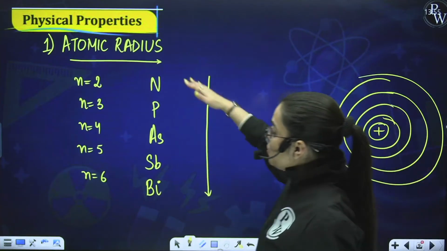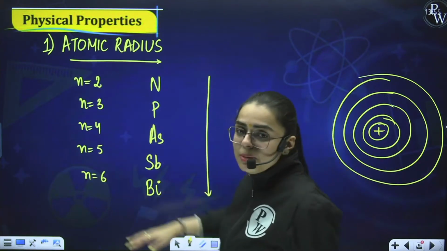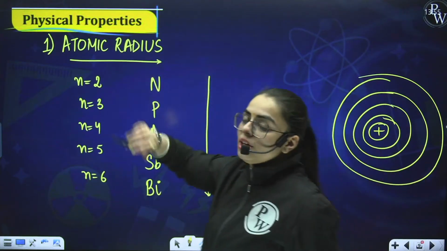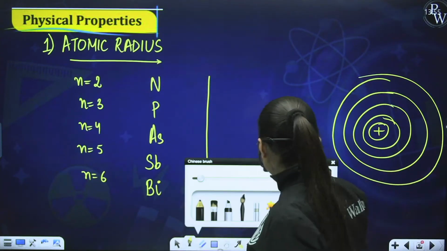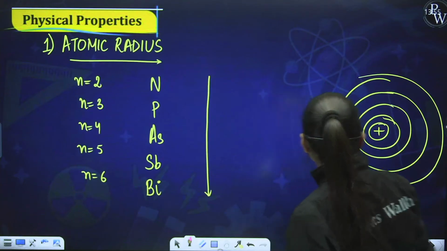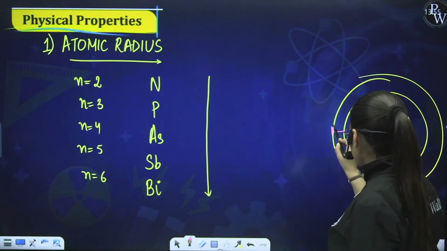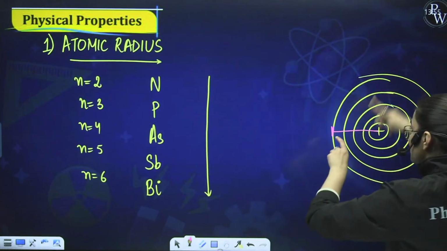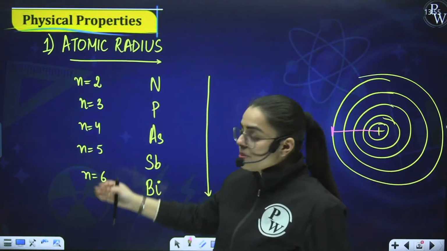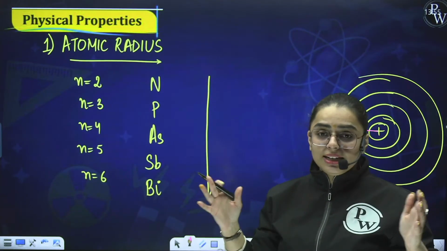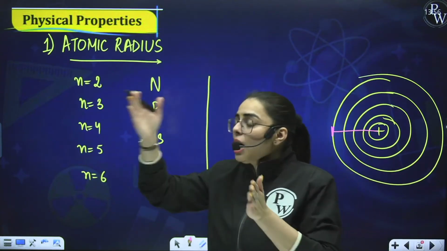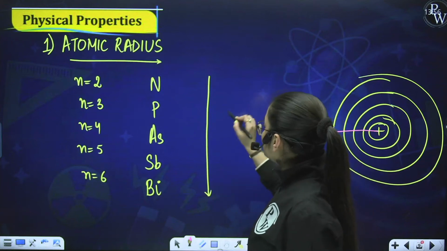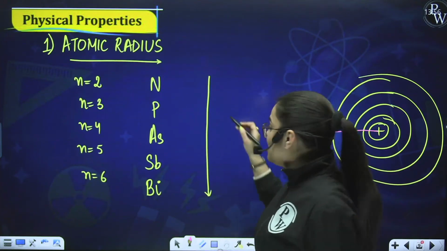So what happens when you are coming down the group, the number of shells is increased. So what will be the impact on atomic radius? What is atomic radius? The atomic radius is the distance from the nucleus to the outermost shell. So when you are going down the group, you are seeing the number of shells is being increased. That means the distance from the centermost to the outermost region will also increase. So we can say that as we move down the group, what will happen? Number of shells